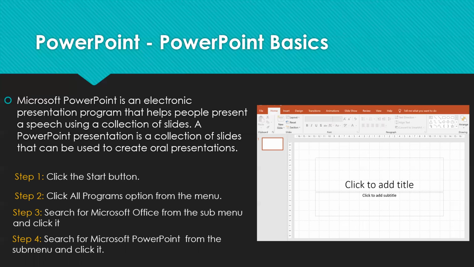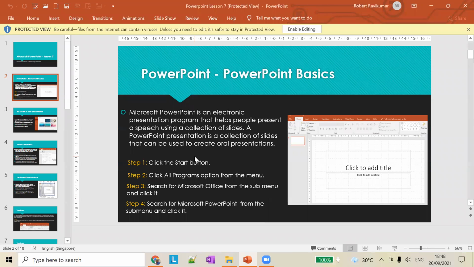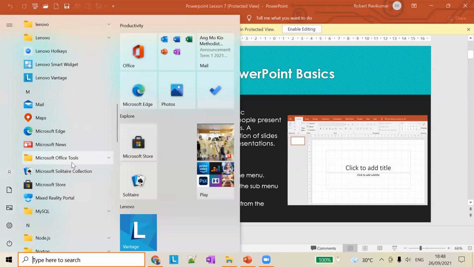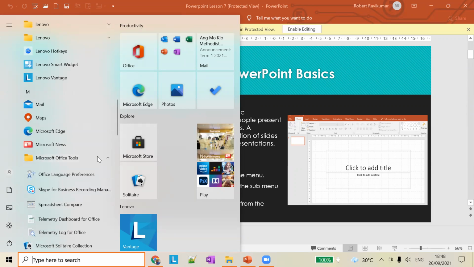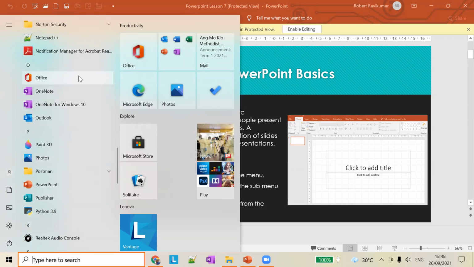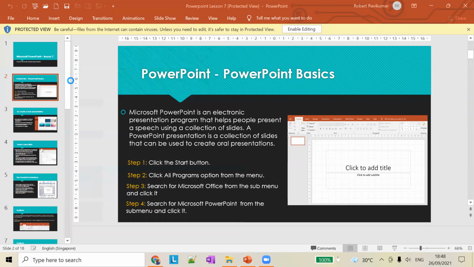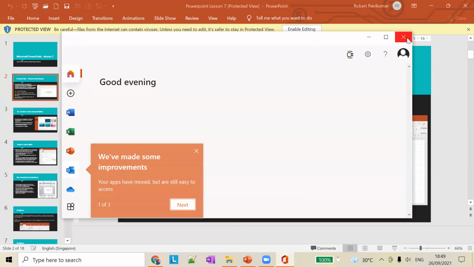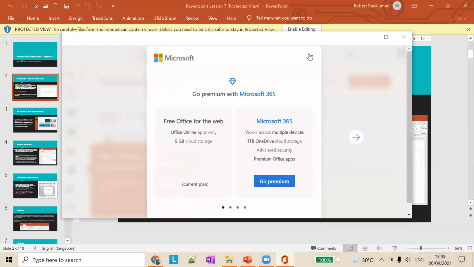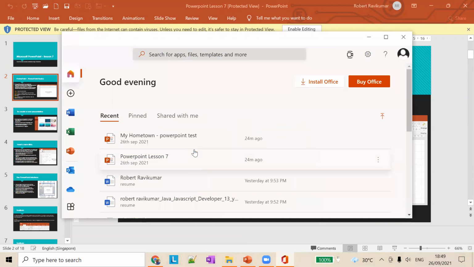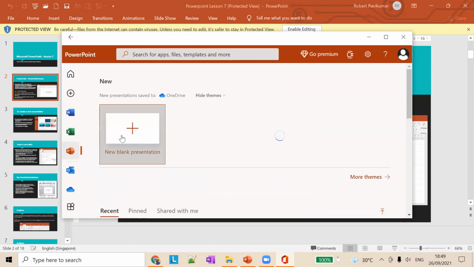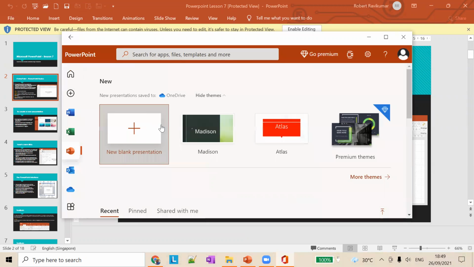Okay. So first thing we're going to learn about how to open a PowerPoint window. So first we have to click on the start menu, which is at the bottom left corner. So click on it and you should be able to see a lot of menus here. So go to Microsoft Office here. Okay, so we have Office here. And once you open that, you can click on PowerPoint here and click a new presentation here.